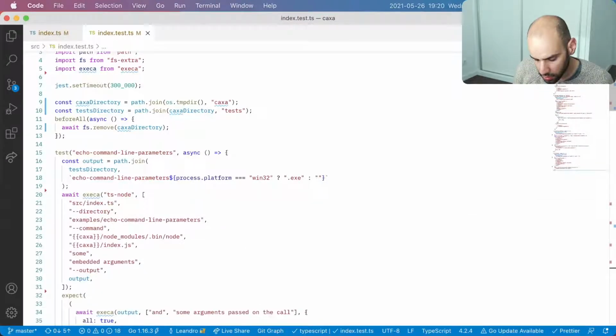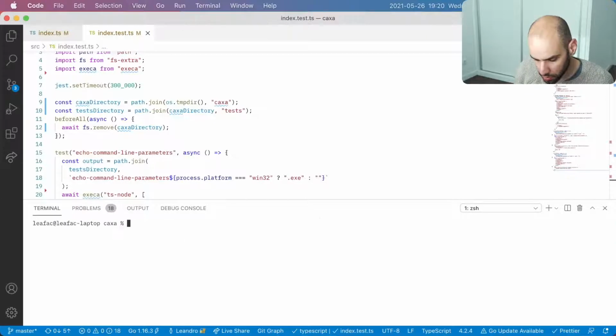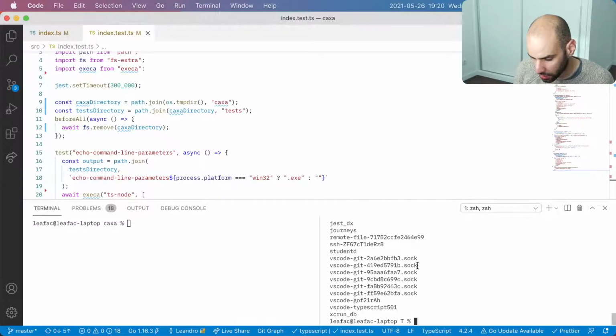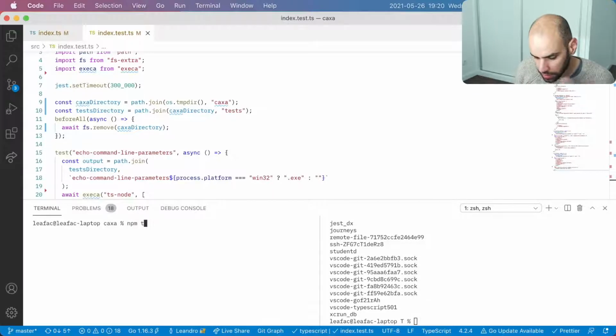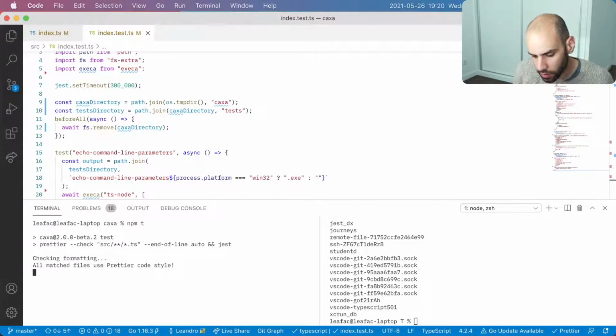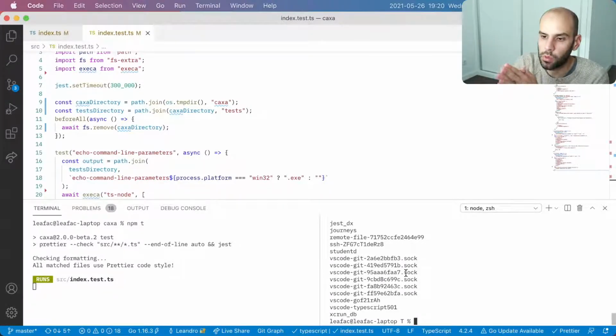So with that, oh, I just removed the shell that was in the directory. So let me go back there. Okay, nothing related to Kasha in this directory. Fine. So now we run the tests, which takes a while.